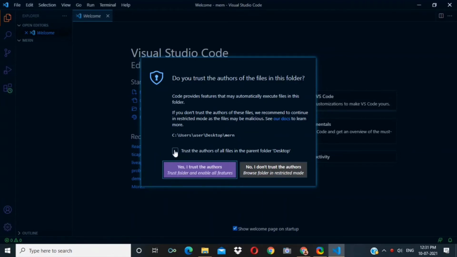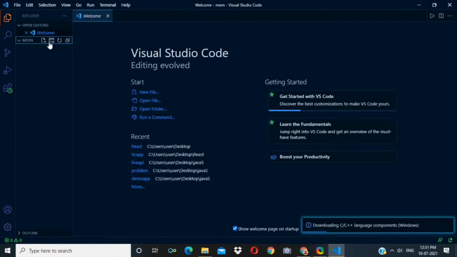This is the welcome screen of Visual Studio Code. Now from here, on the left hand side, this is our folder and you can create a new file and new folder here also. Now we have to create a new file where we want to work with HTML. So I am creating the tut1.html file.